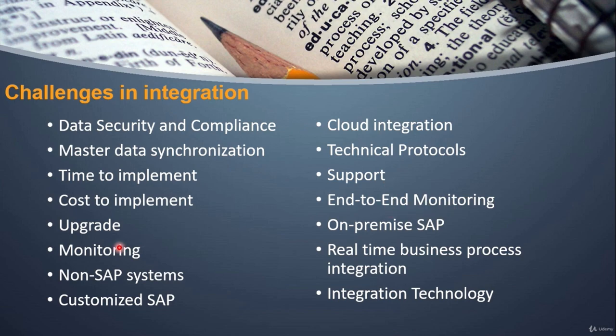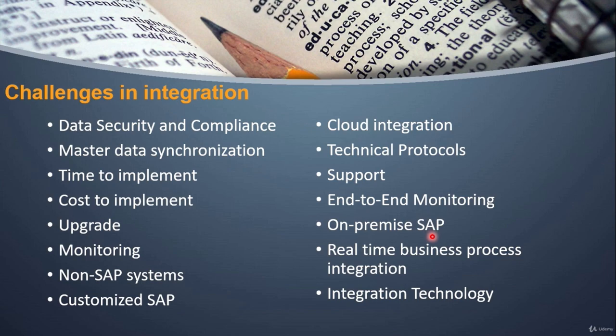End-to-end monitoring. This is nothing but the monitoring stuff which we had discussed earlier. Let's say that you are sending the message from system A to system B. System B is again processing that message and then sending it across to system C and then to system D. So for this entire integration flow, you should be able to see the entire flow running from one end to the other end using CPI monitoring tools.